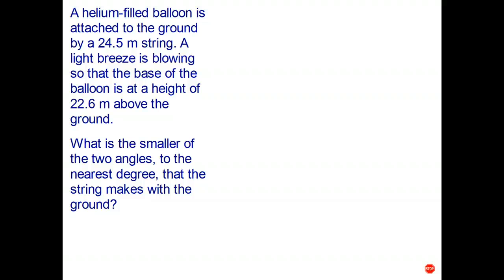Okay, welcome back, students. A helium-filled balloon is attached to the ground by a 24.5 meter string. A light breeze is blowing so that the base of the balloon is at a height of 22.6 meters above the ground. So the idea is we've got the ground there. I'm standing there, and the balloon is being blown by the breeze. I'm assuming the string is straight, not totally accurate, but sometimes in mathematics we do models that aren't perfectly accurate to start with. So there's the string, there's the balloon,